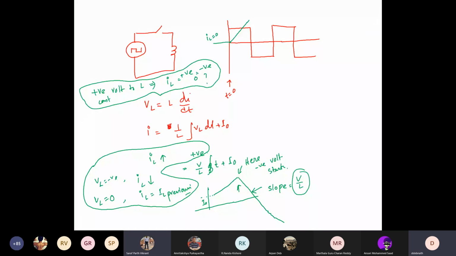So IL will be increasing always. Exactly. I cannot tell whether it is positive or negative. I can only tell IL has a positive slope. That is important for you to understand. It can be negative, but with a positive IL slope. It can be positive, but the important point is, as soon as I apply positive voltage, you will understand. You just solve this equation. As soon as I apply positive voltage, inductor current will have a positive slope. But at any point of time, whether it is positive or negative depends on its previous value, right? From where you have started applying positive voltage.